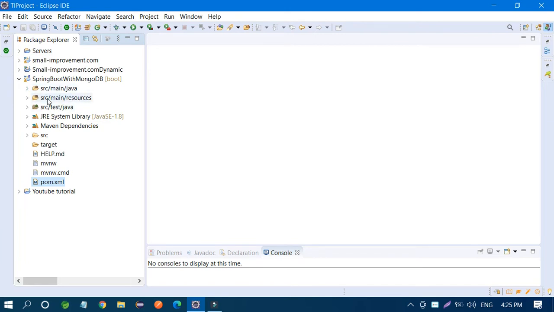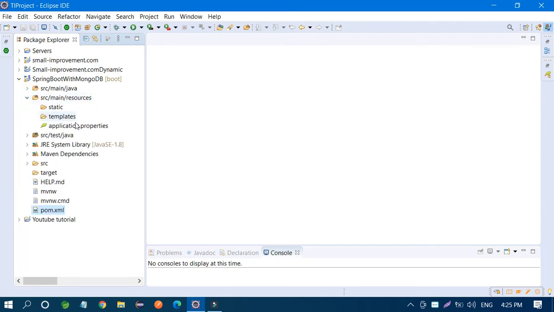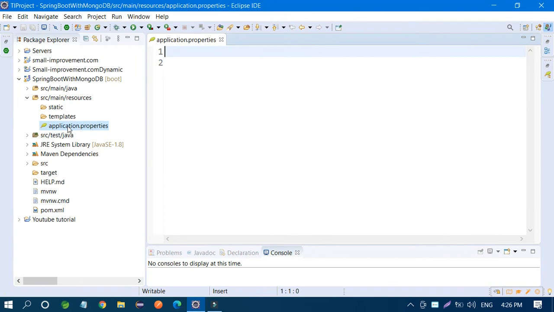What you have to do here is configuration, in src main resources. In this place you have to do configuration in the application.properties file. If you want to connect with your MongoDB on localhost, then you have to write some configuration properties. You don't need to remember anything.